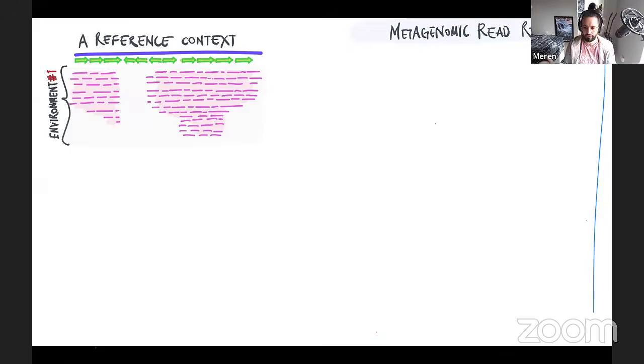Imagine you have an environment that contains 100 copies of this one genome you are holding in your hand. Let me use our library analogy. Let's say there's a library that contains 100 copies of this book you are holding in your hand, and there's nothing else in this library, to simplify things. As we spoke about moments ago, there is no way we can get these books out of this library as